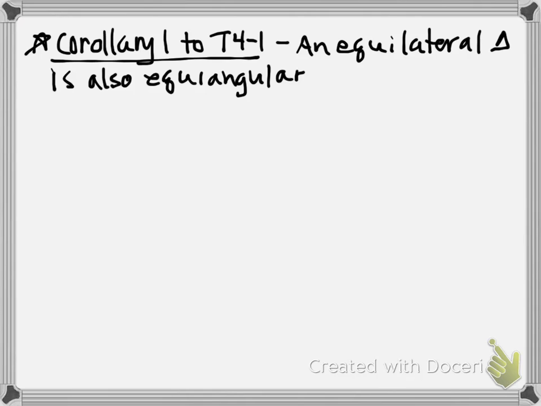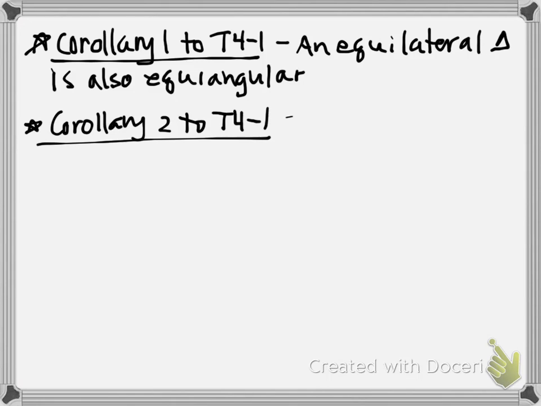Okay? If all my sides are different lengths, all my angles are different measures. So there is a direct relationship between what the sides look like and what your angles look like. Okay? Corollary 2 to theorem 4-1 states an equilateral triangle